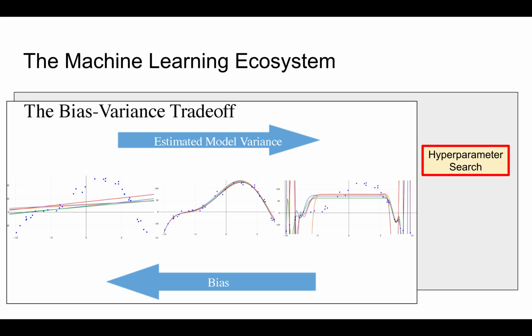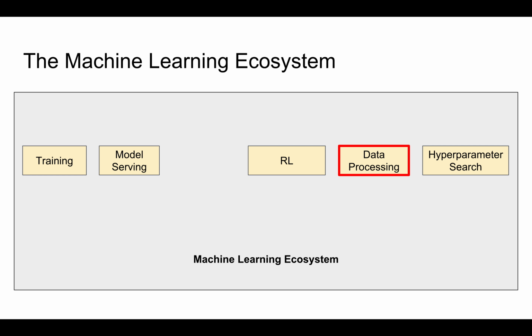That regularization coefficient or the function class can be considered hyperparameters, and the process of trying different ones, often in parallel because running these experiments is expensive, is the process of hyperparameter search. Lastly, data processing. If you're training a model or learning some policy, you're often working with data,